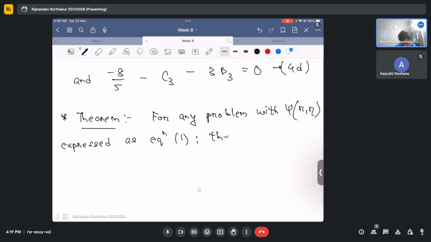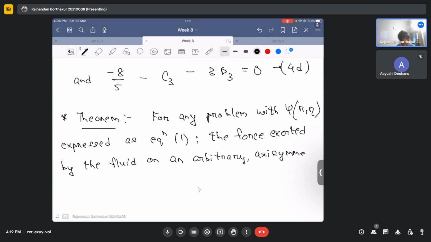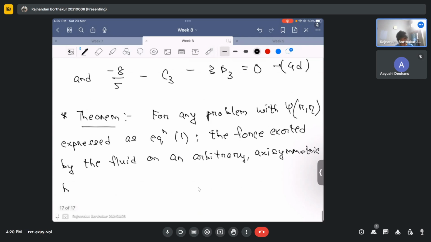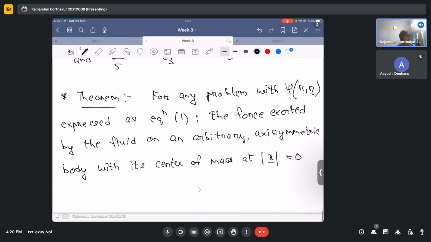the force exerted by the fluid on an arbitrary axisymmetric body with its center of mass at mod x equal to 0, which means basically your axis center is your center of mass. That's what it is saying. Is